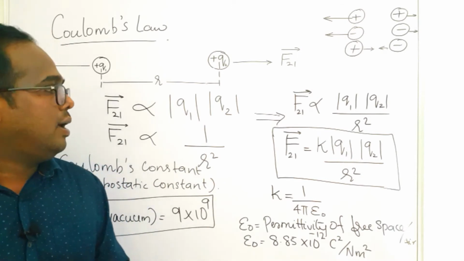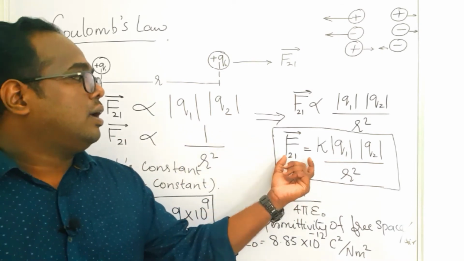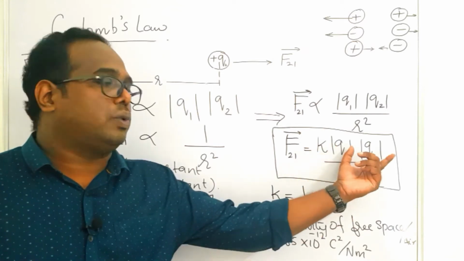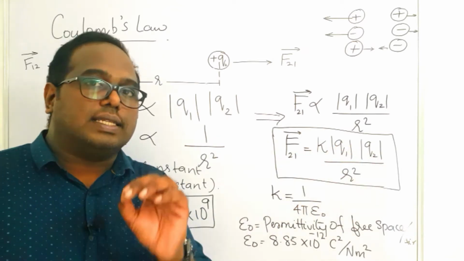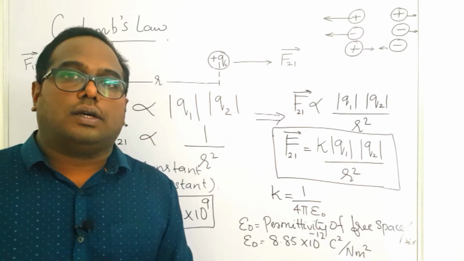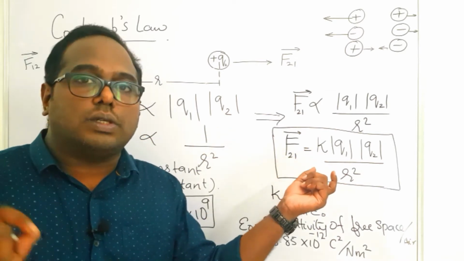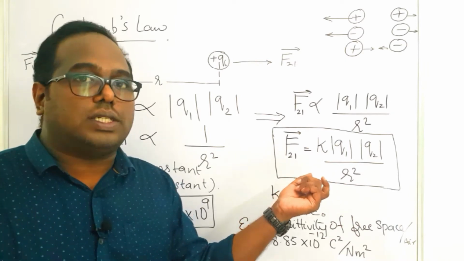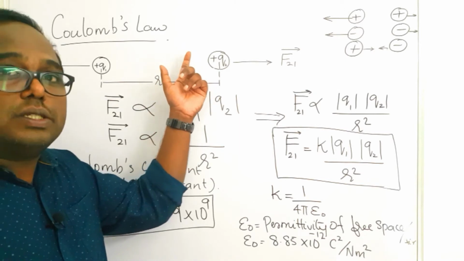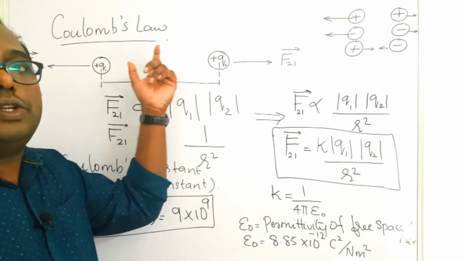This is the statement, and you can write this equation: F is equal to K Q1 Q2 by R square. What is this K? This K is the Coulomb's constant or electrostatic constant. So this value is not a universal constant. It will change, and it depends on the medium between these two